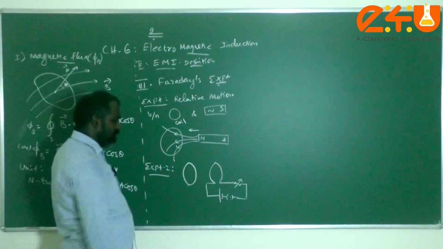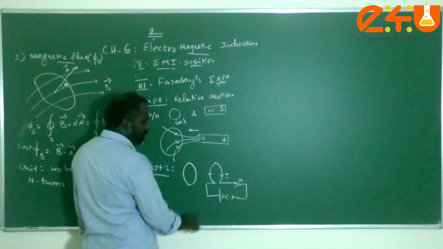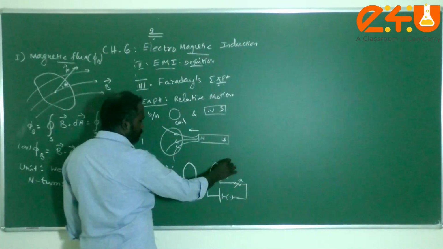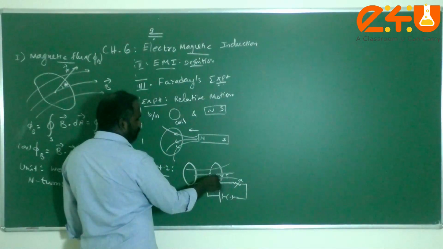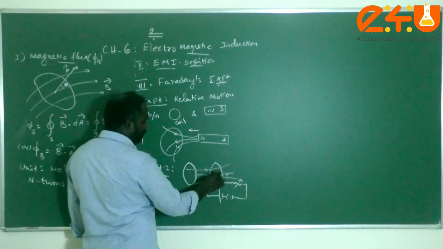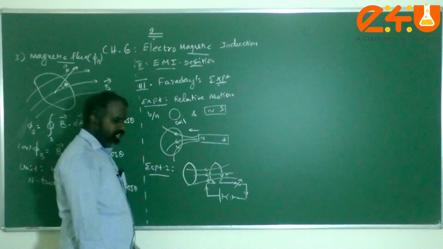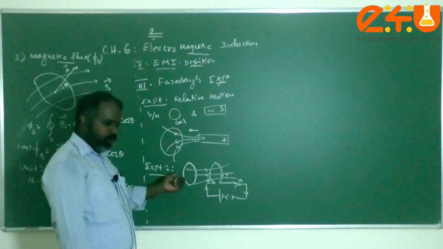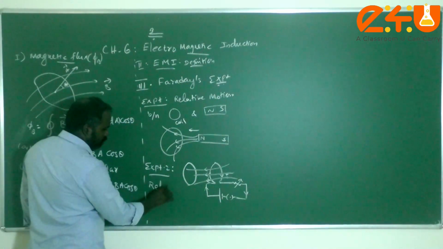So now what happens is, if we send some current through this coil, it will produce its own magnetic field along its axis. Say, for example, the magnetic field is in this direction when current is passing through it. Yes, when there is a relative motion between the current carrying coil and the loop, there is a relative motion.